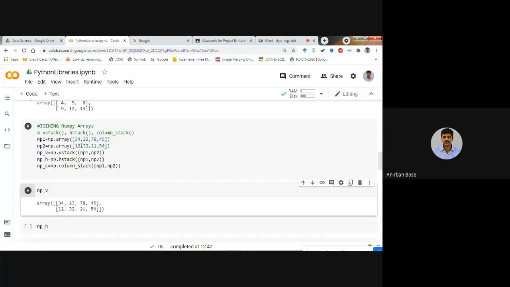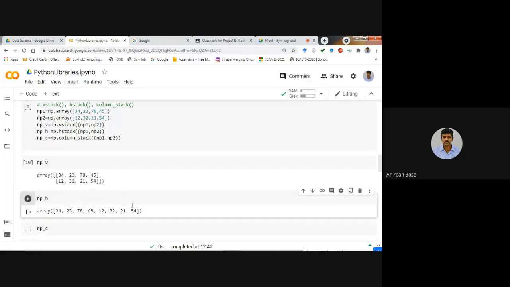So you will understand that vertically they are stacked. This is np1 and this is np2. Now if you want to make the horizontal stack, then the command is hstack, and you see the output. So horizontally they will stack, that means one after another.